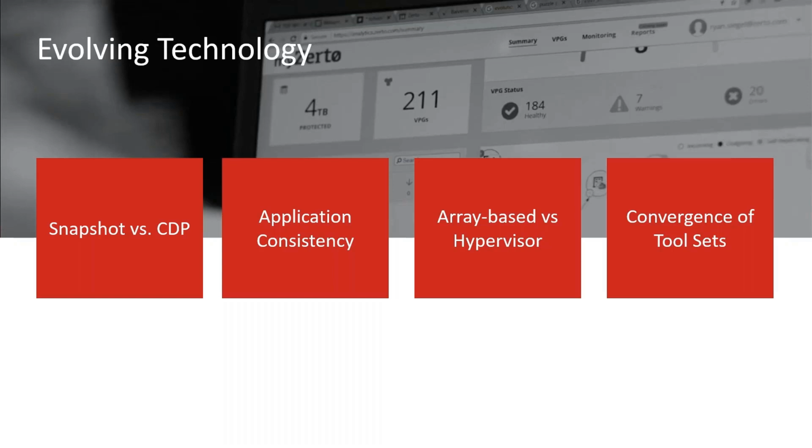We also see application consistency around replication, where VMs within a particular application, when you bring them up on the DR side, typically have to all come up at a particular checkpoint where they're consistent. If you don't, you could get in a scenario where you have different RPOs for different systems within the app, which impacts the ability of the app to come into full service.